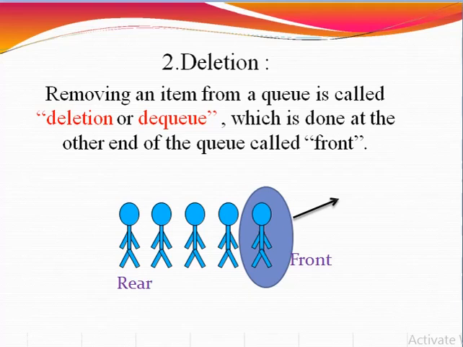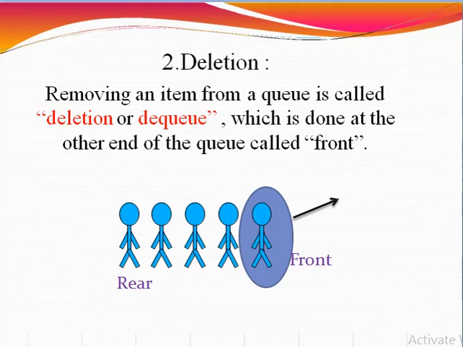Same is with the dequeue operation. Accessing the data from the queue is a process of 2 tasks: access the data where front is pointing and remove the data after access. There are certain steps that may be performed on the dequeue operation as well. They are: step number 1, check if the queue is empty. Step number 2, if the queue is empty, produce underflow error and exit.